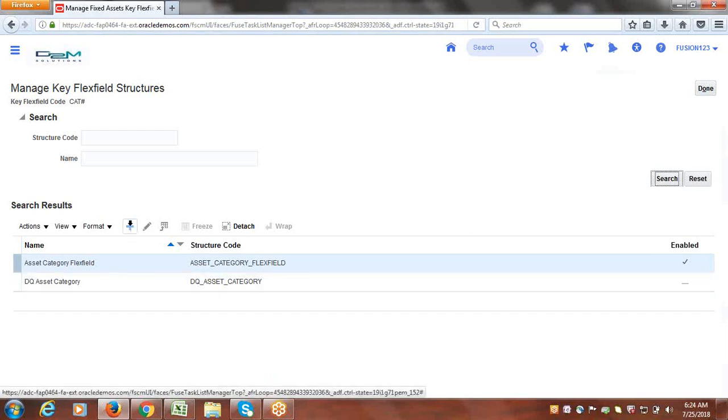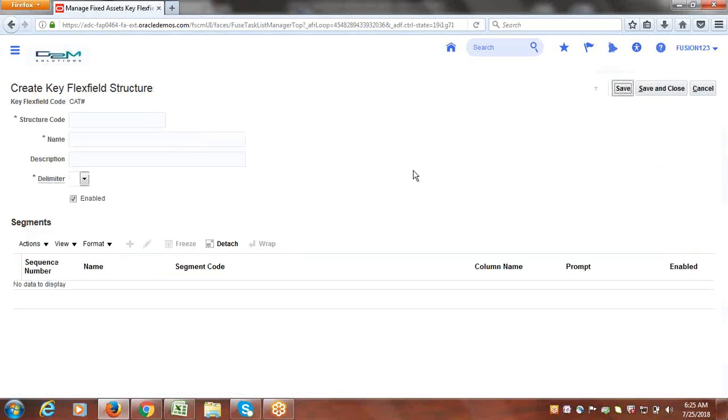We'll create our own chart of this category key flexfield structure just to understand. Otherwise, we'll be using this only. Fine, we'll see how to create it in a fresh instance. If we are going to create the structure for category, what process do we follow? If you remember the chart of accounts structure definition, it is equal to that only. Fine. Give the name as Google